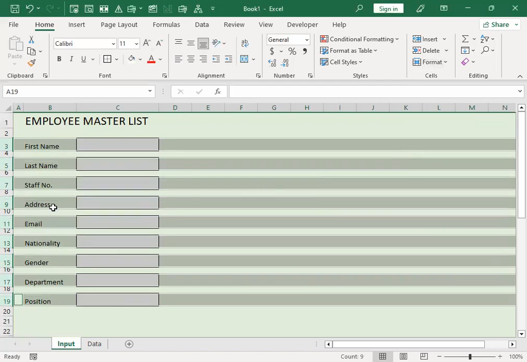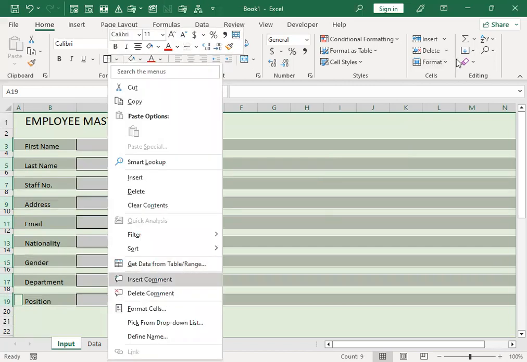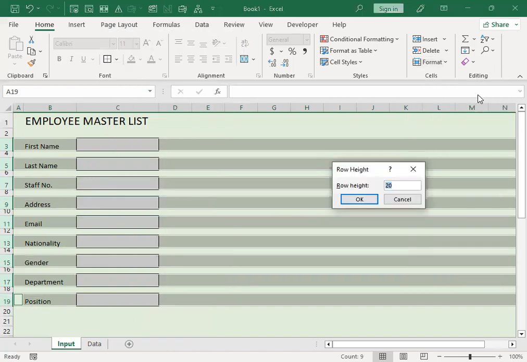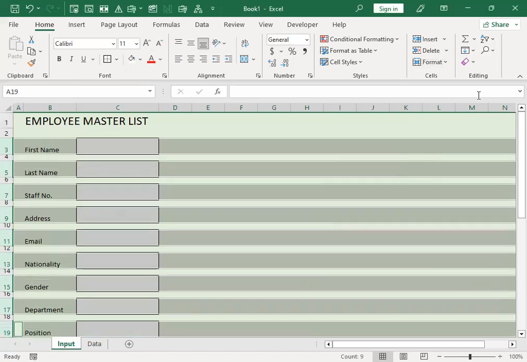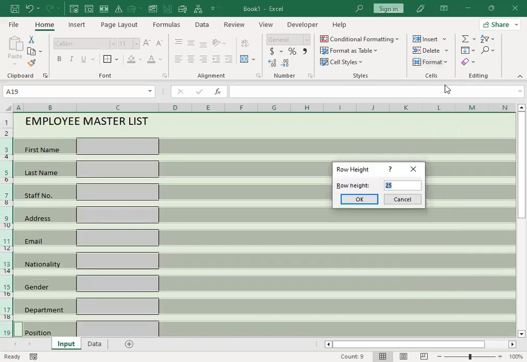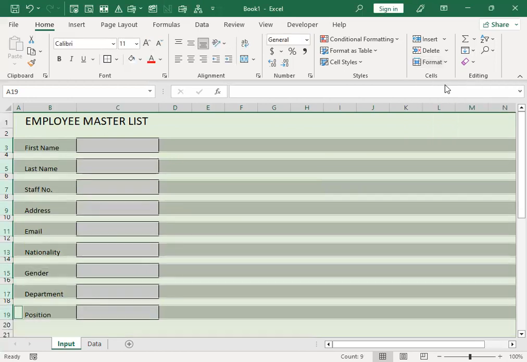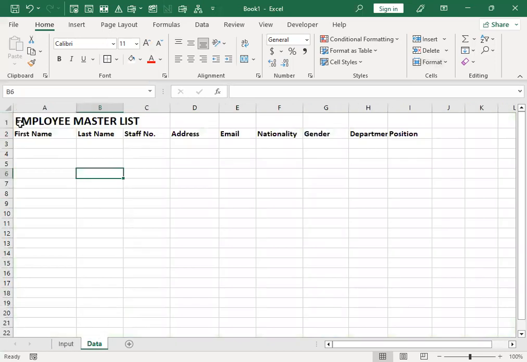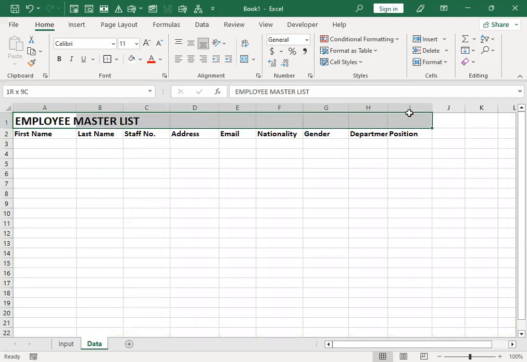I think 20 is okay. One more. Just click here. And then row height, maybe 25. 25, or that's too big. Or 22. Okay, I think that's okay. All right. In the data, that's okay. I'm just gonna, okay,